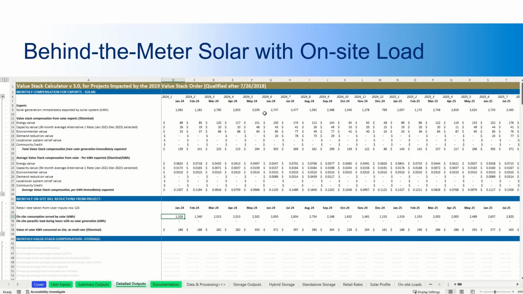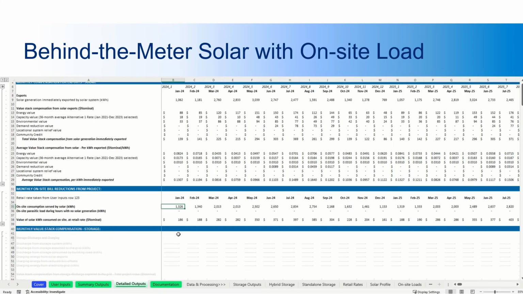But then in the on-site bill reduction section, another 1,300 to 2,800 kilowatt hours are consumed on site. The compensation from the value stack in the first month of operation is $139, but we're also saving $186 on